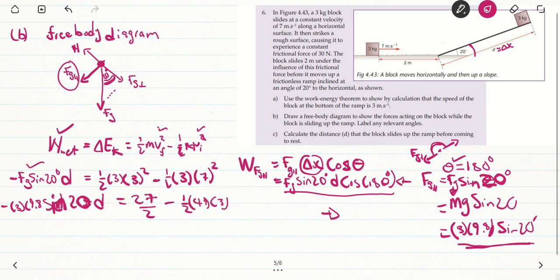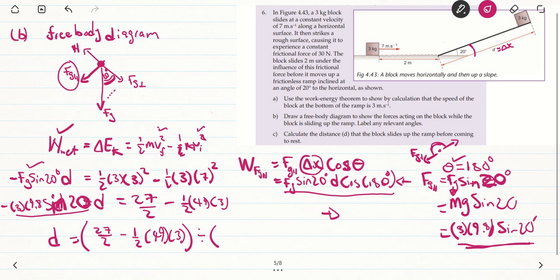And to get d, we just divide by the whole expression on the left as well. So we'll end up with 27 over 2 minus 1 over 2 times 49 times 3, and then we're going to divide this whole thing by,